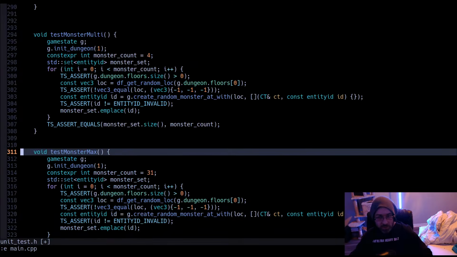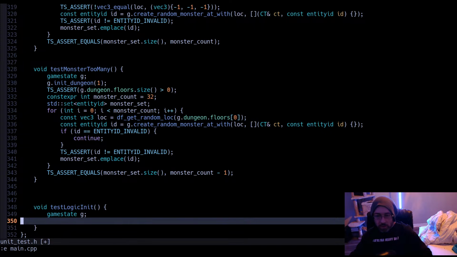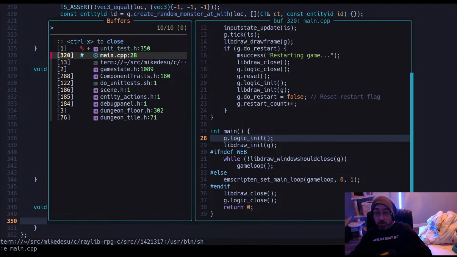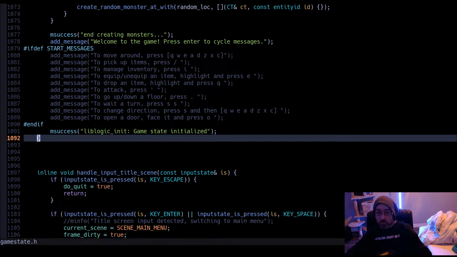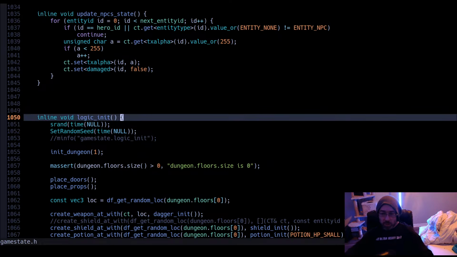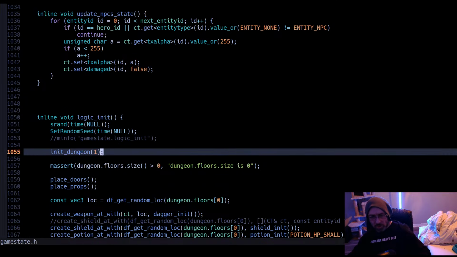All of that stuff is a predicate up to this point. What happens next? So if we called liblogic init here, it would actually do all of this. But instead, what I want to do is almost all of that stuff.